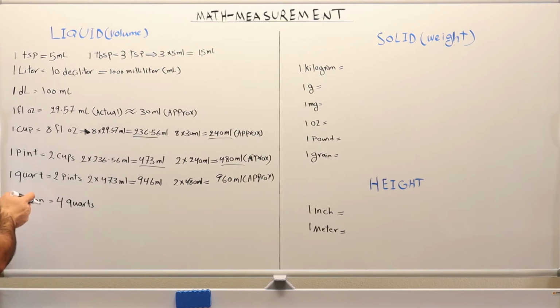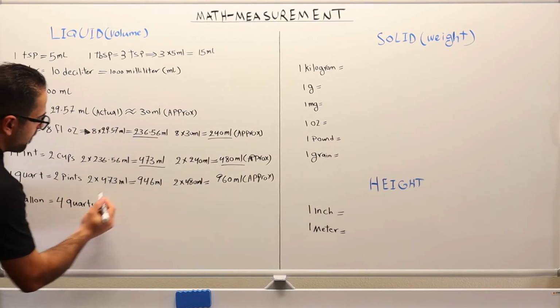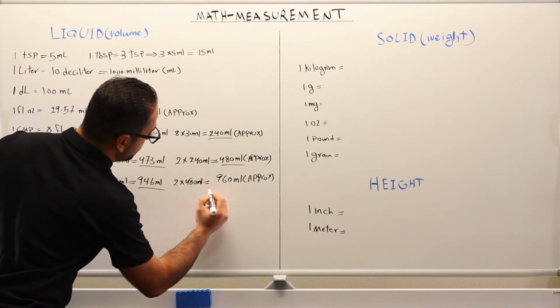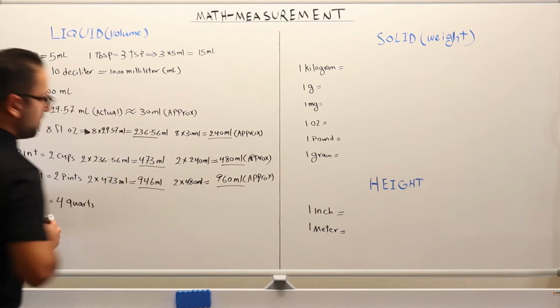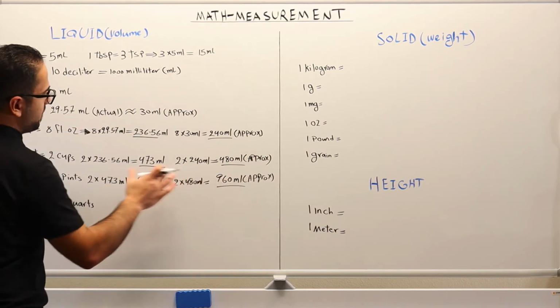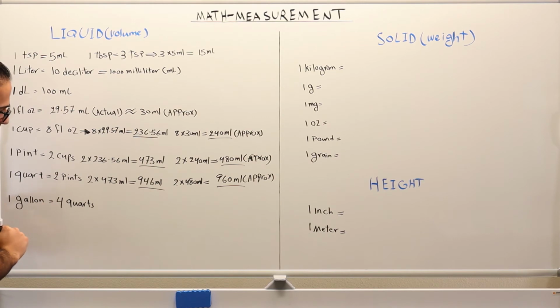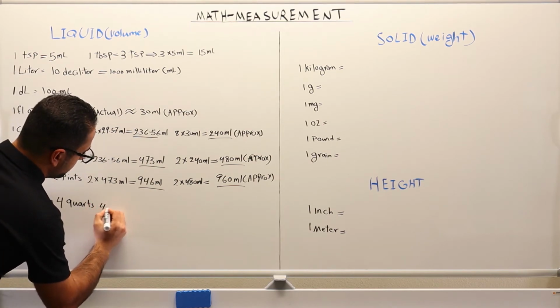So now moving all the way to gallon, and we know that 1 gallon is equal to 4 quarts. Therefore, what we need to do is multiply 4 by the actual 1 quart or the approximate 1 quart. Whichever volume you want to use, we just need to multiply it by 4. So 4 times